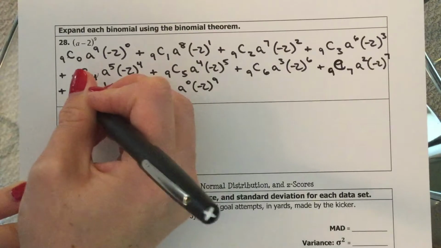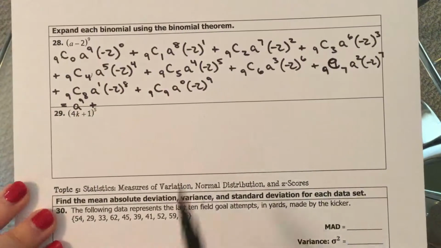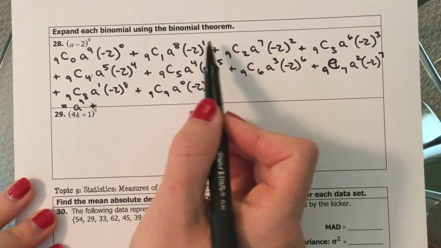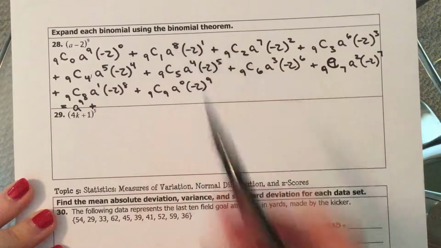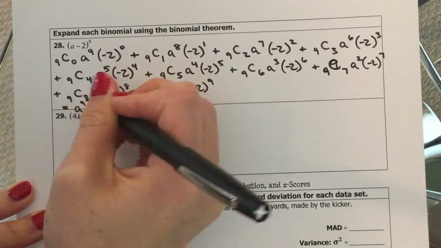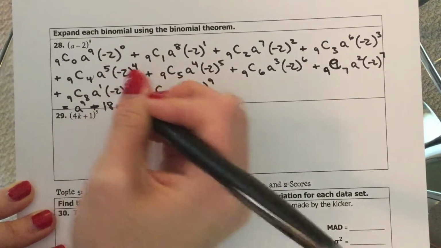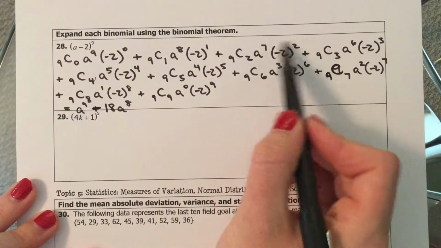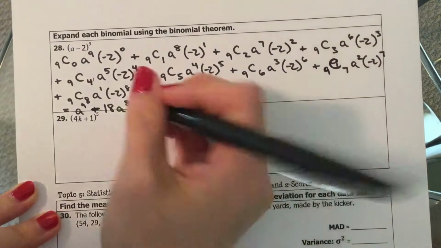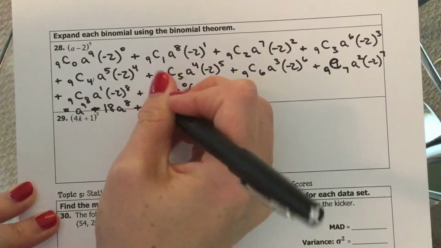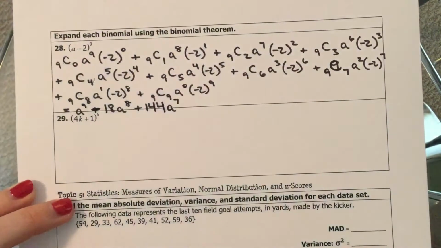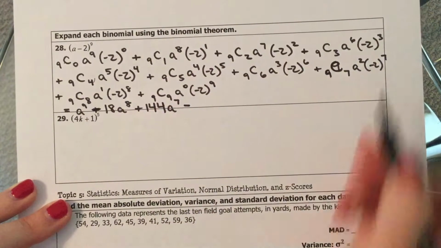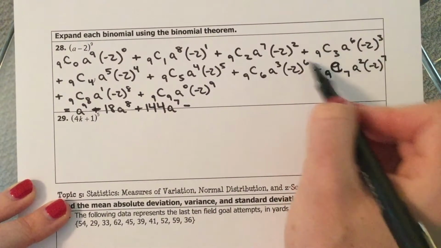So we just have a to the 9th for our first term, plus, and then we have -2 to the first, which ends up being a -2, and then this ends up being a 9. So we have actually a -18, a to the 8th. Next term, 9 choose 2 multiplied by what turns out to be 4. We get a +144, a to the 7th. Next term, since this is an odd power, this ends up being minus, and this is a -8 multiplied by